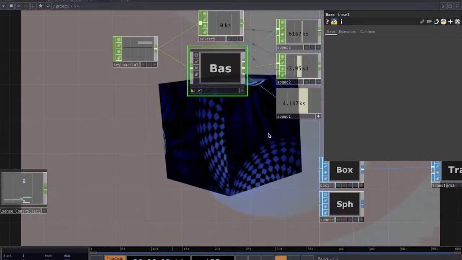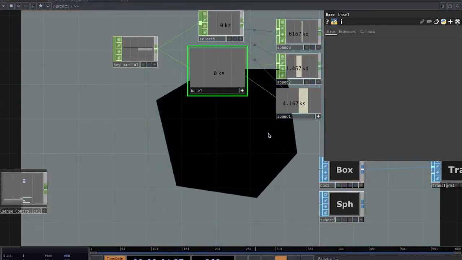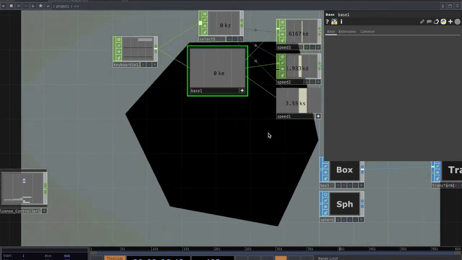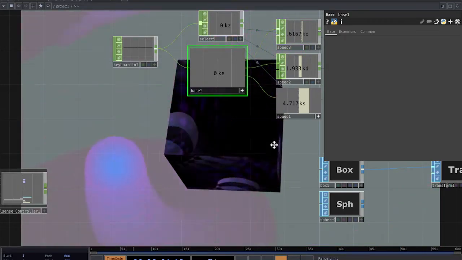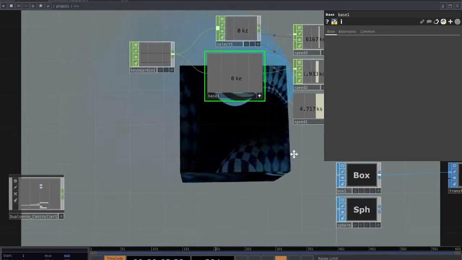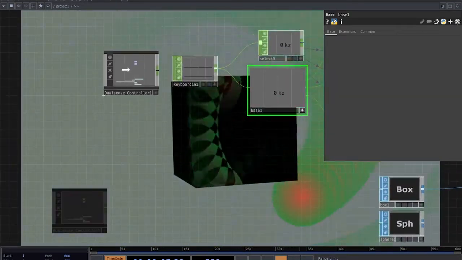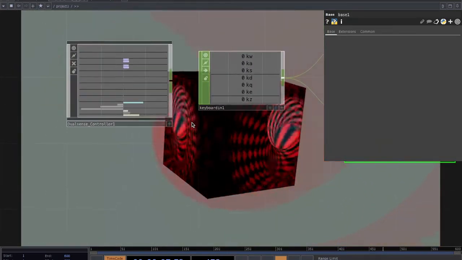If I press A, it kind of moves a little bit to the left. If I press D, it goes a little more right. If I press W, it zooms in. S, it backs out a little bit. But maybe you don't want to rely on your keyboard buttons for this. Maybe instead, it would be easier to use something like,